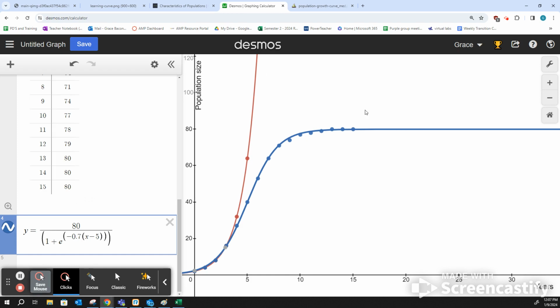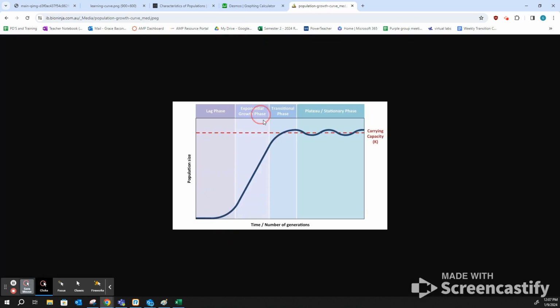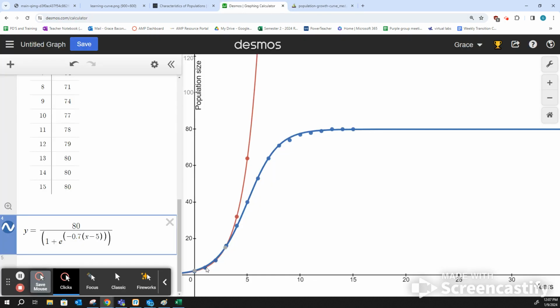So what you'll notice is in my logistic model, I have an exponential growth phase. So there's a point where my curve matches nearly exactly to that exponential curve. So there's a point in my population growth where I am having exponential growth, but then my growth slows down. And that's because of my resources. And then eventually it slows down even more. Look how closely together those points are. It slows down even more to try and reach that